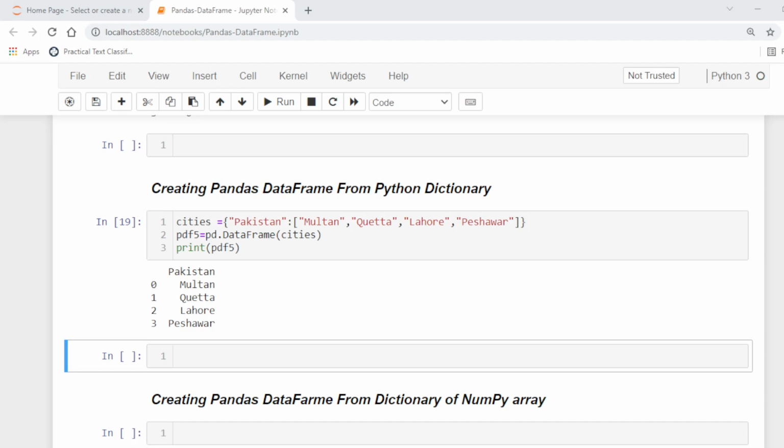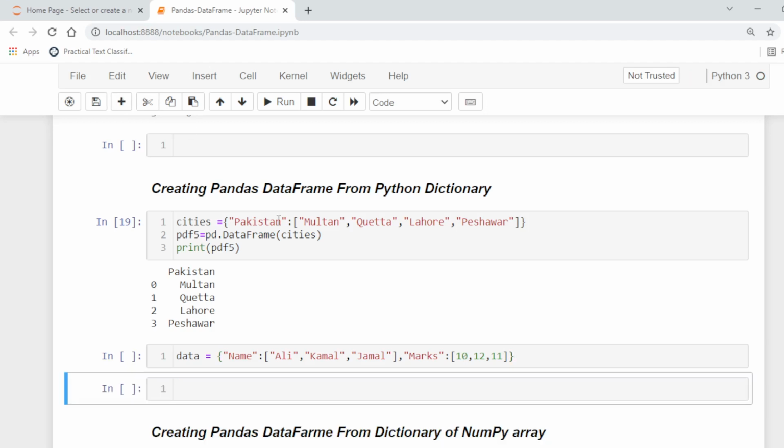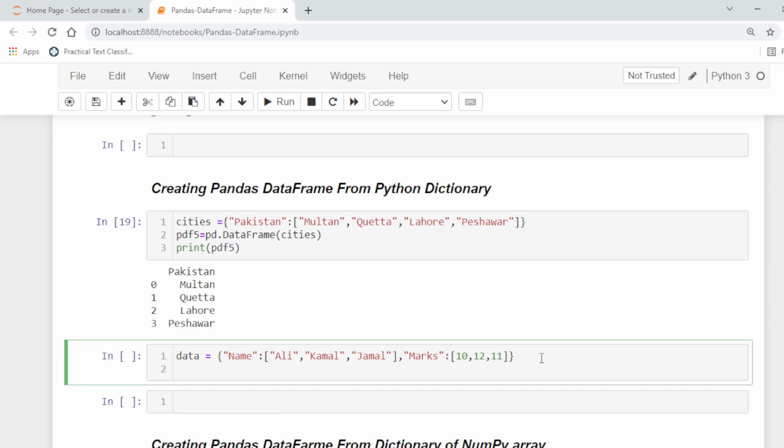For example, if this is our data, in this example, this is also a Python dictionary, and now we want to create a pandas data frame from the above dictionary. This way the name and marks will be taken as the column labels.